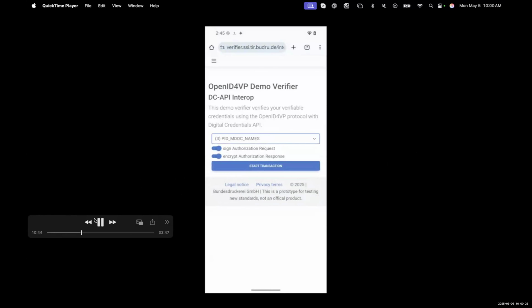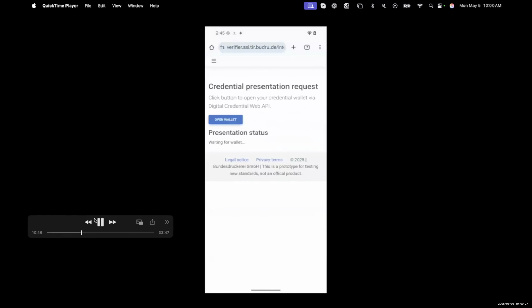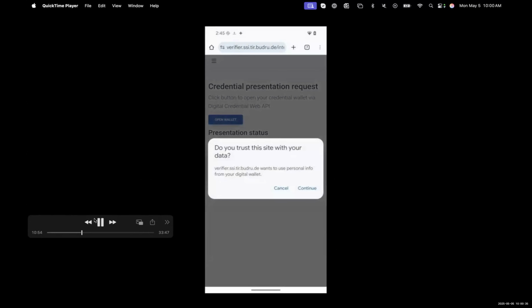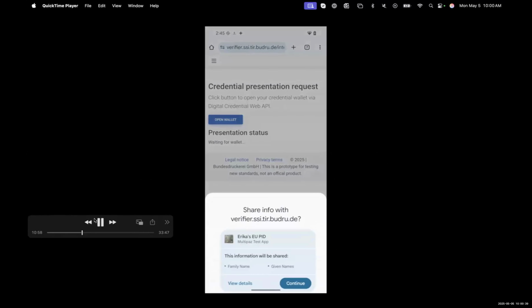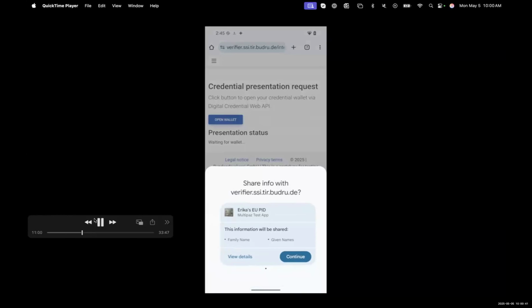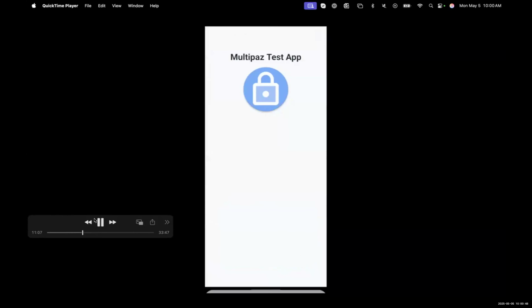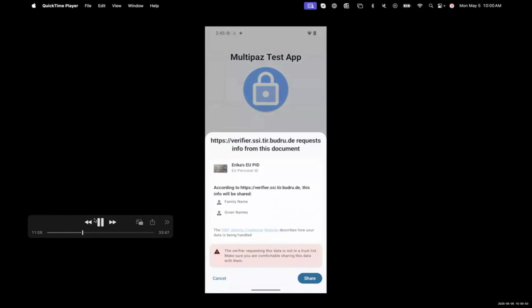So yeah, we select the request in the verifier. We start the transaction, open the wallet. That gives us the credman selector. And we can continue to the wallet app.